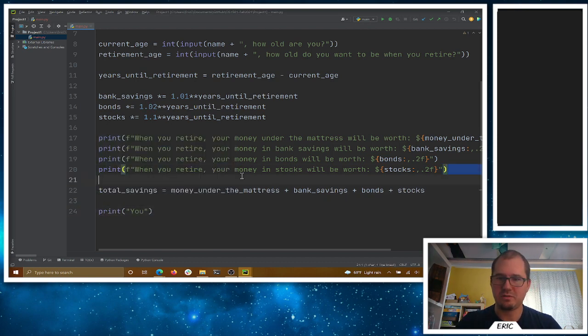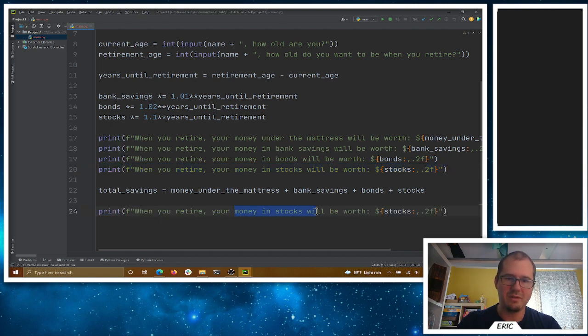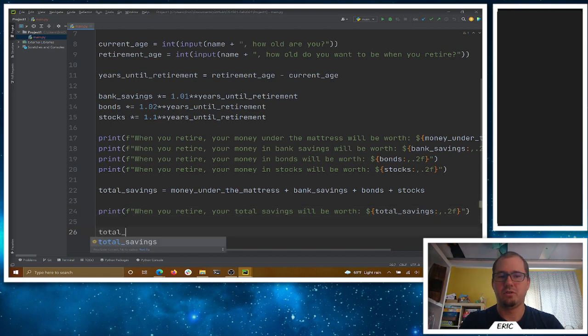And probably here we'll just do a nicely formatted one too. So your total savings will be worth, here's the total savings. Again, doing the formatting because we get some funky decimal places with some of that arithmetic here. And then we need to adjust for inflation. So the total savings,